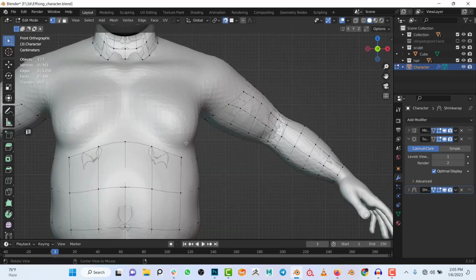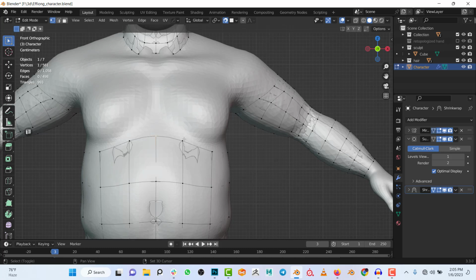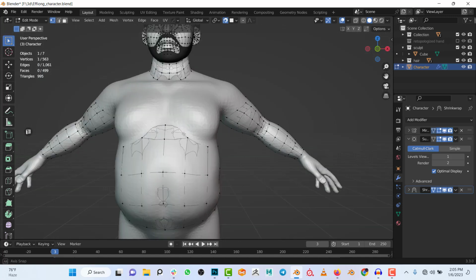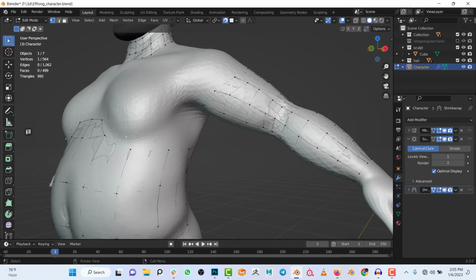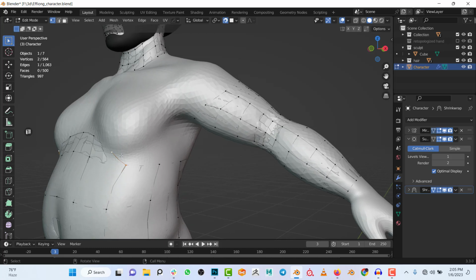And move this backward. So now I would extrude these two upward a bit. Then holding down Ctrl, extrude this once. That's four, and select this four vertex and create a face here. So I'll use this to create the loop going all the way around. So I'll extrude this once,